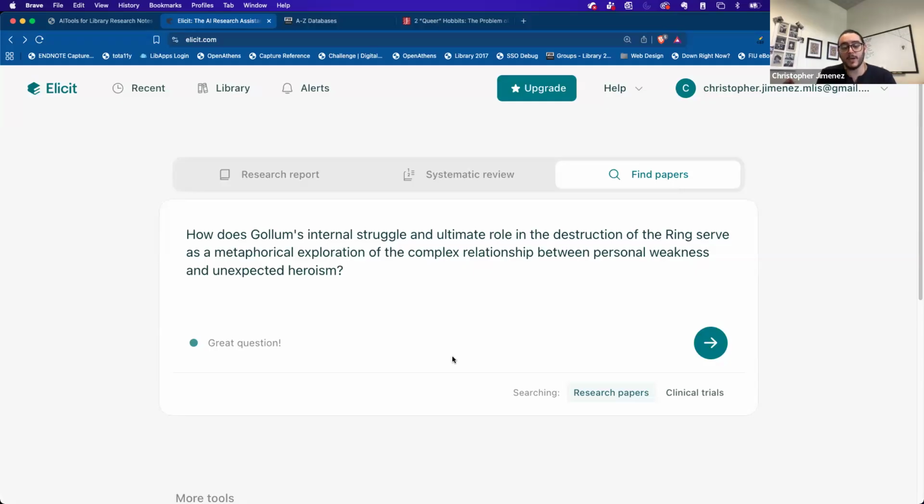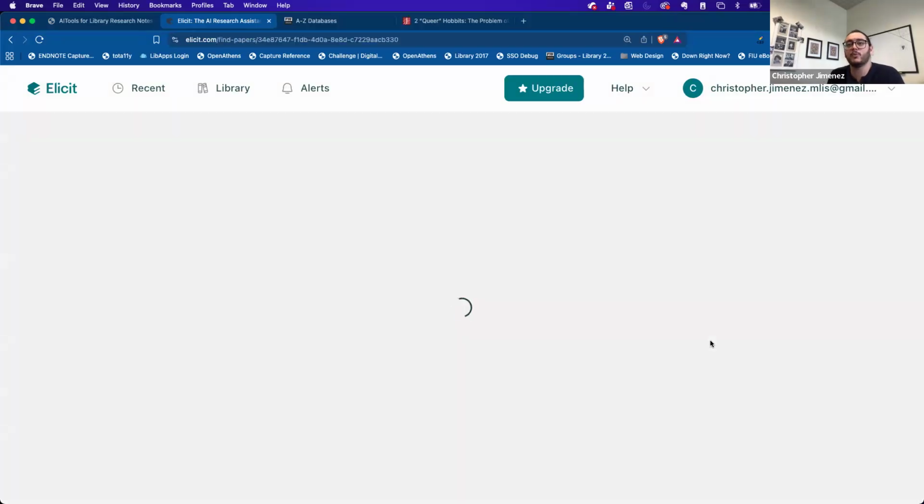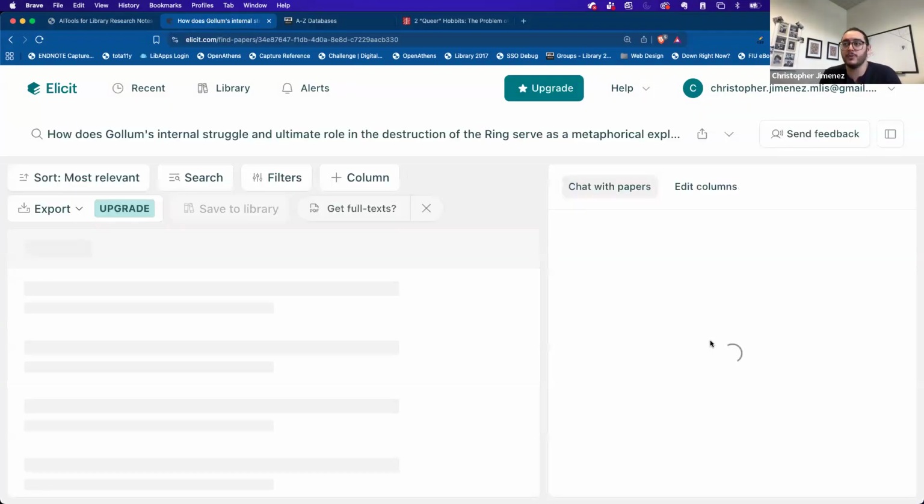And I may be able to take this question and run it through a different system now too, add it to my search string bank, asking these questions of other systems, right? So we're asking, how does Gollum's internal struggle and ultimate role in the destruction of the ring serve as a metaphorical exploration of the complex relationship between personal weakness and unexpected heroism? So I'm going to run the search, and the search is going to go through and try to find papers